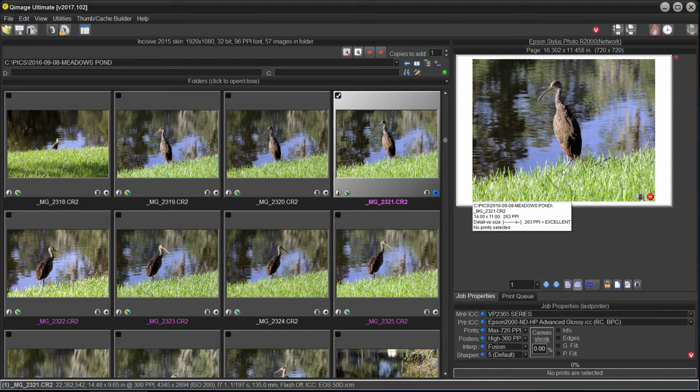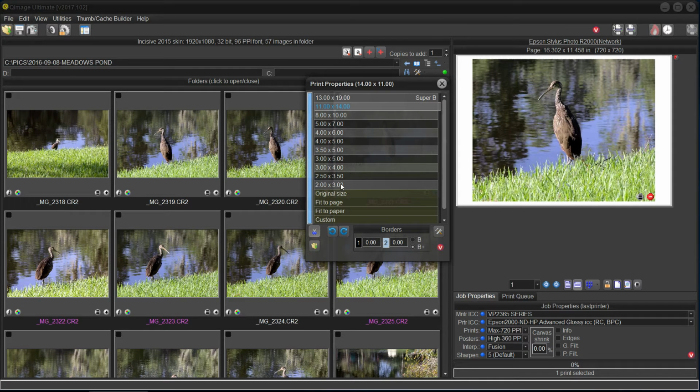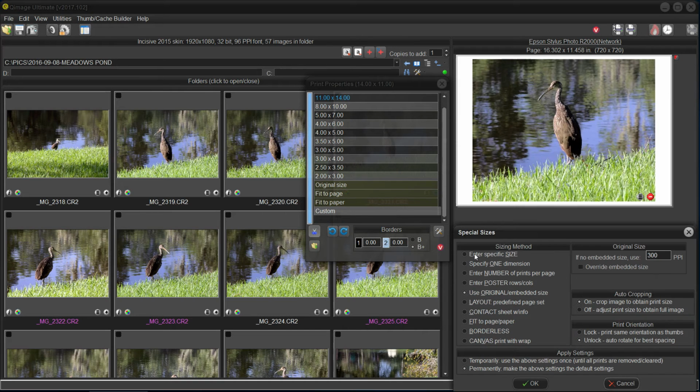Okay, that's fine. But if it's just a matter of size, why not do it in QImage? QImage can do anything. You can select your size from the predetermined sizes like that, okay? Or you can go into custom and make your own size, enter specific size, even decimals, any specific thing for invitations that have to fit in an envelope, whatever the situation calls for. But the advantage will be that you can